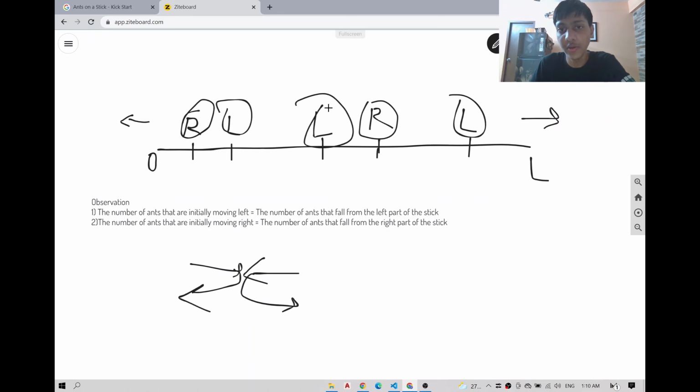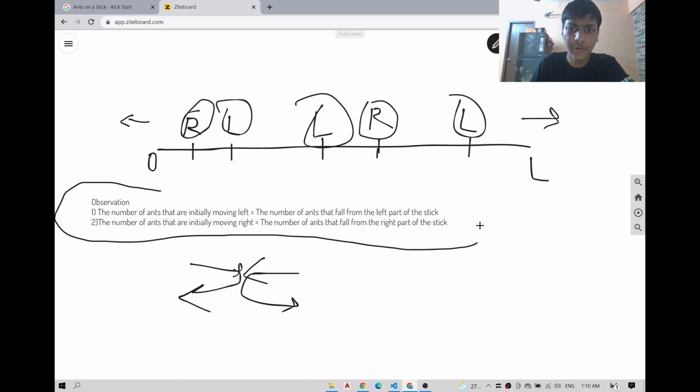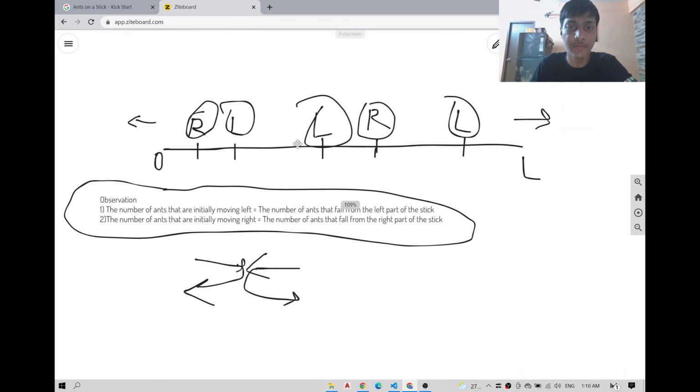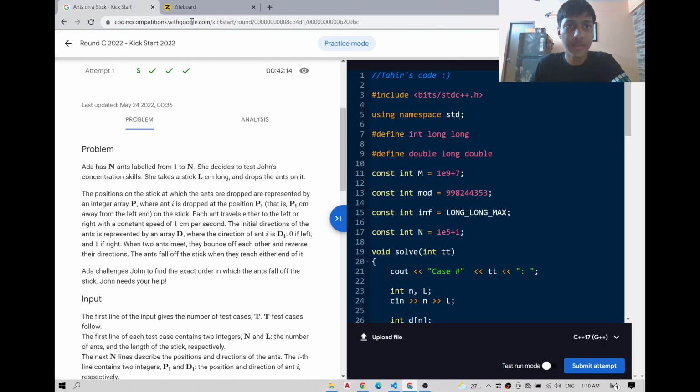So at every point in time, the number of ants that are moving towards the right is always a constant, and the number of ants that are moving towards the left is always a constant. So this kind of proves this observation, that the number of ants that fall from the left part of the stick is equal to the number of ants that are initially moving left, and similarly for the number that fall from the right. So basically,